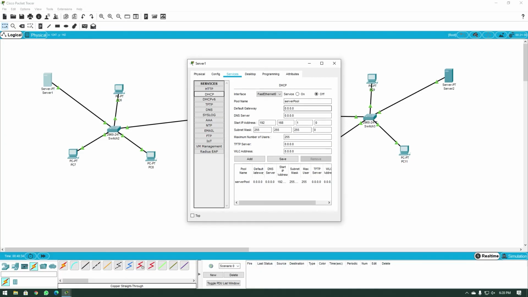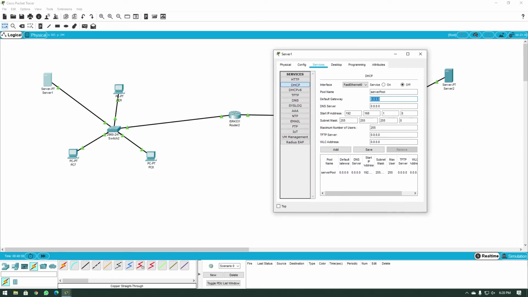So we are just going to give our default gateway as the IP address of the router on the left interface, and that was 192.168.1.10. And we will leave DNS for now, and we will probably do some experiments on DNS later.